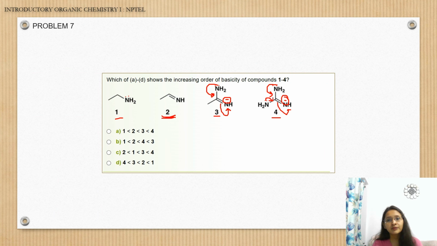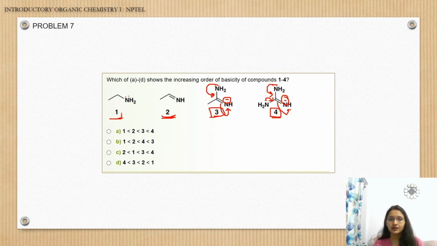So after delocalization the species being formed is the amide, so NH minus is getting generated, guys. So now the donation ability of the lone pair is also enhanced. That is why this 4 is way more basic than 3, which is more basic than 1,